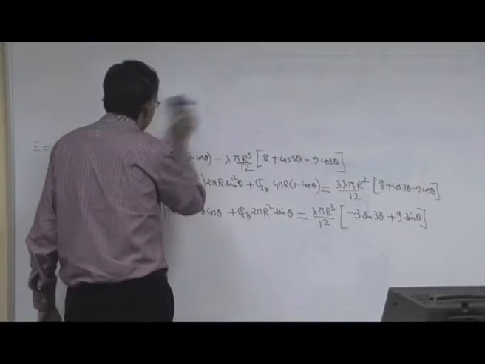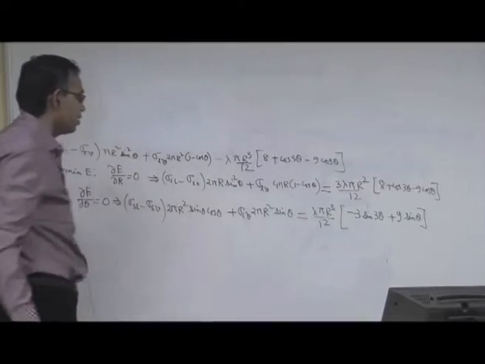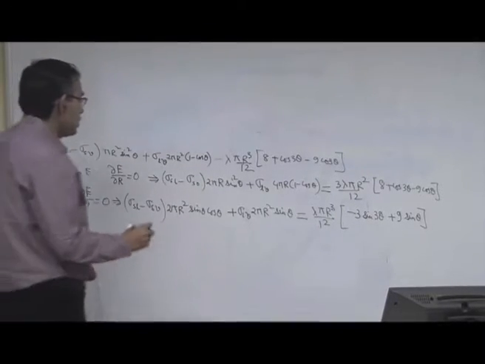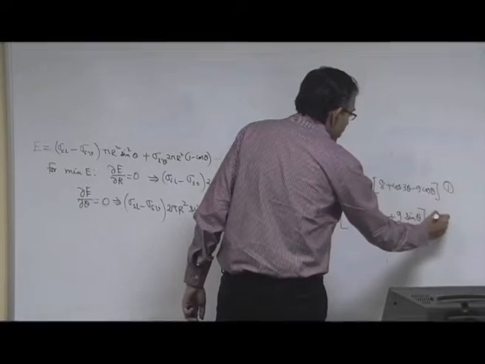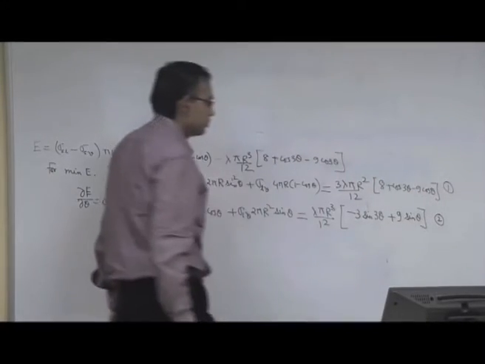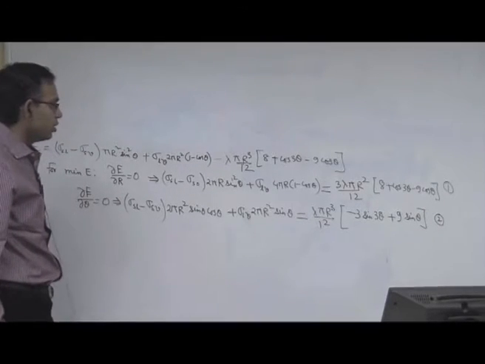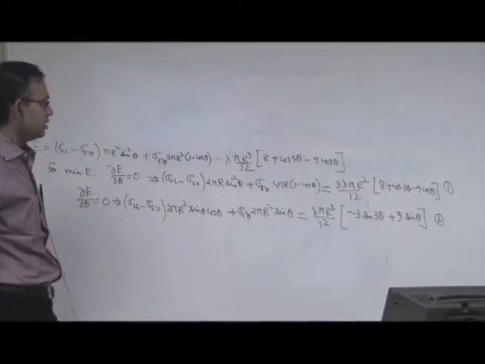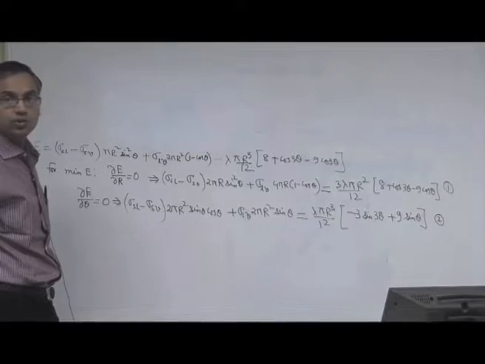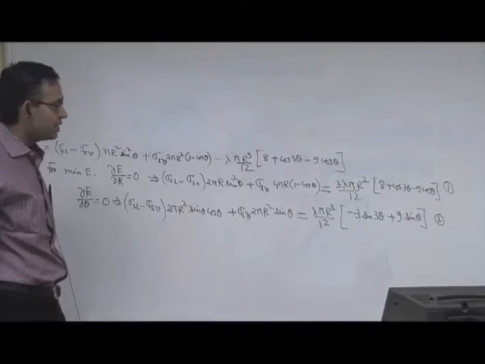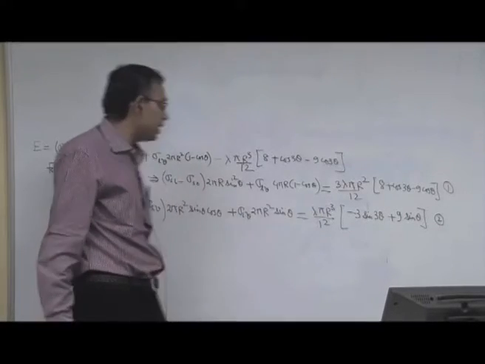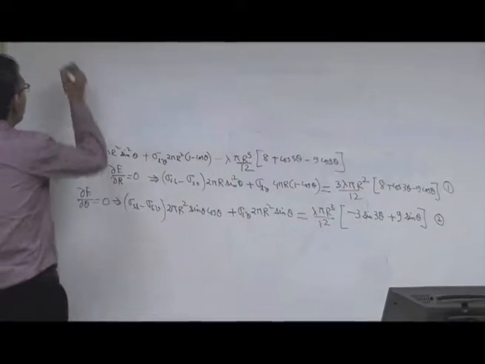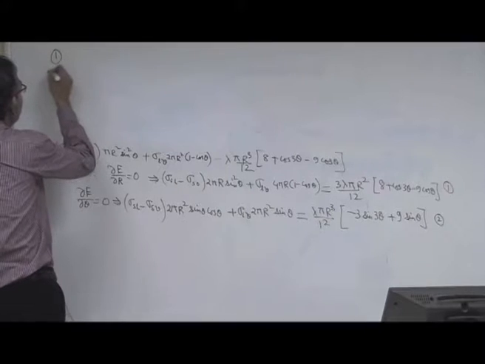Let us say this is equation number 1 and this is equation number 2. We can divide equation 1 by equation 2. If we divide that, then lambda, the Lagrange multiplier, gets cancelled. So, 1 divided by 2,